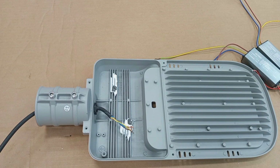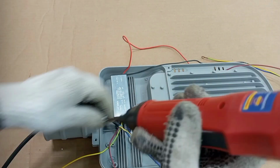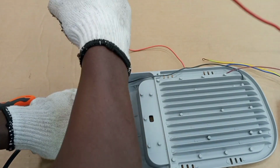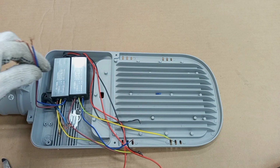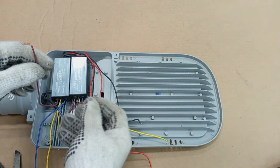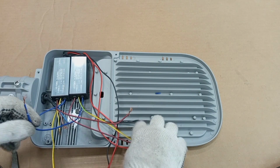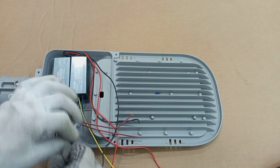All right, so now having connected the power cable, the next thing to connect is the drivers. So we are going to connect the drivers to the frame. Now we have two drivers. Each has live and neutral input, and then a protective conductor. So now what we are going to do is that we'll put together the two positive inputs to the drivers and then all the negative inputs to the driver. Then we also put together all the circuit protective conductors. All right, so here we put the two input neutral wires together,